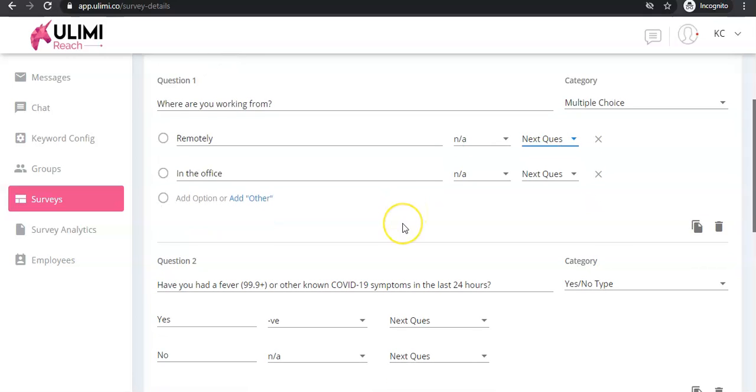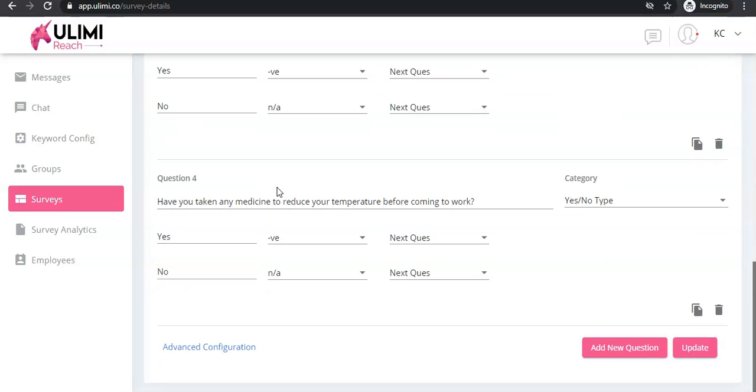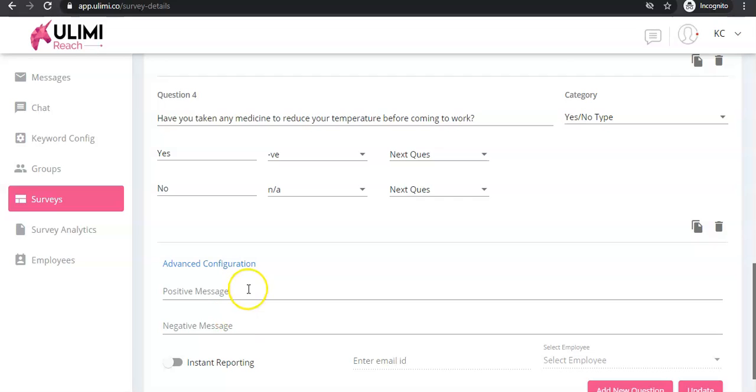All right. And then from there, what you're also probably familiar with at this point is how we have certain responses flagged as negative. So they'll end up in the report as somebody that's at risk or in their own category. But what is new with this update is the ability to come down here to this advanced configuration. And then we have the ability to change what the message is that the survey taker receives when they submit their survey. If they've responded positively, you can customize the message like, hey,